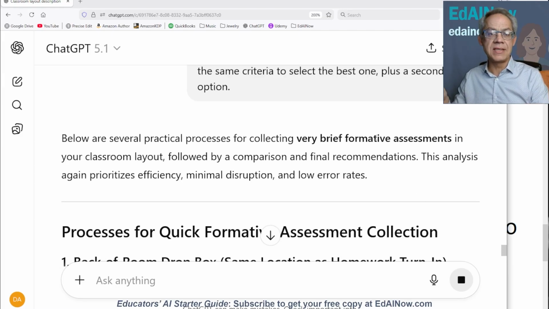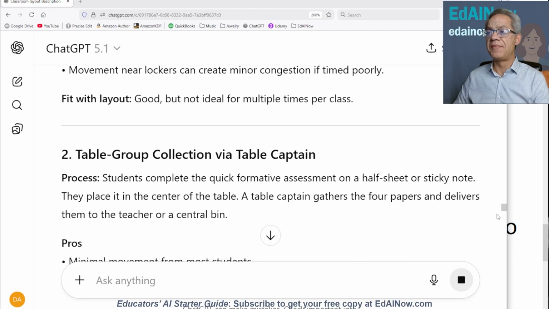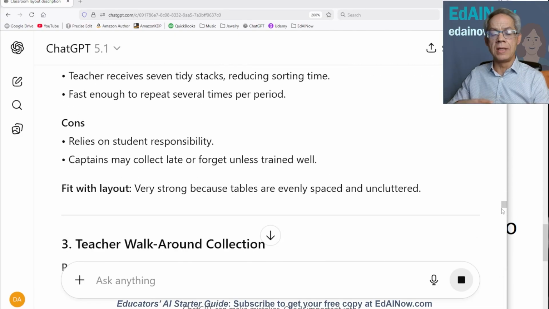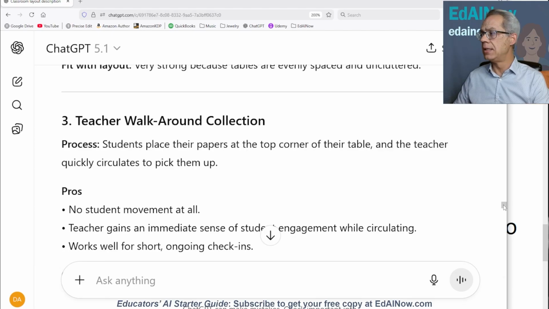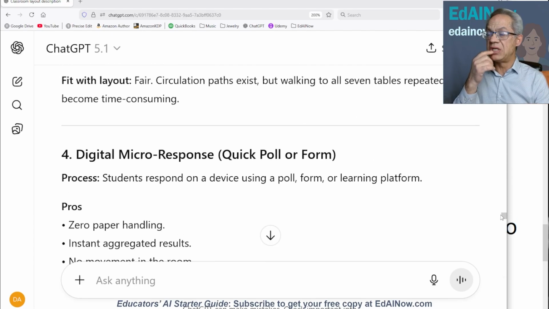The nice thing about this one is it's directly related to your instructional plan. Your instructional plan is your best tool for student management. So how do we make this as effective as possible? And some stuff, this is turning in stuff. Table group collection, so they do a little activity, one per table, very nice. You or a student aide walks around, picks up stuff. Digital option,